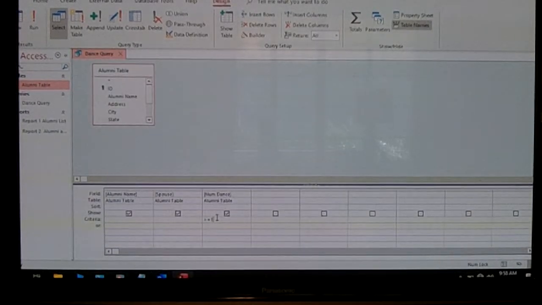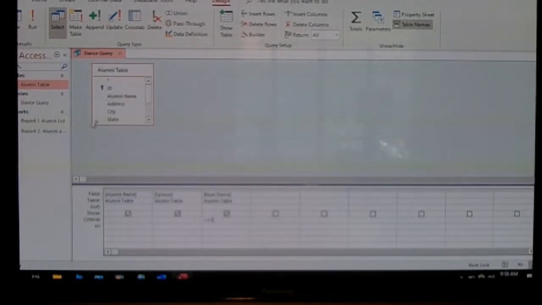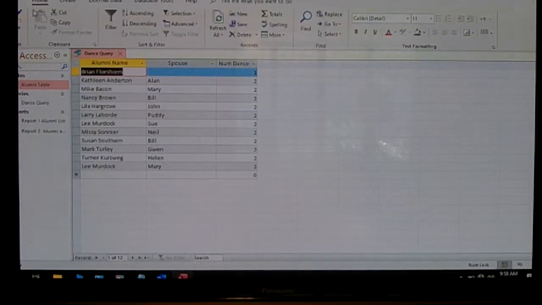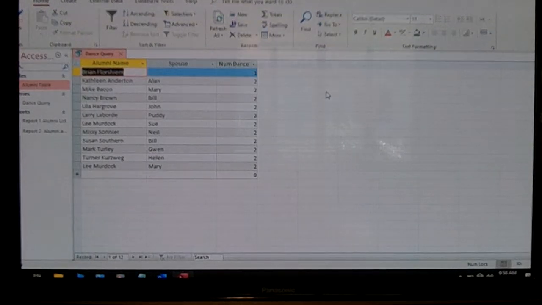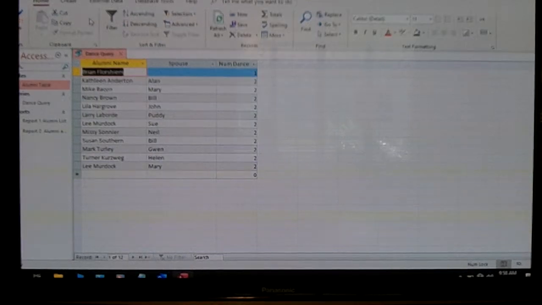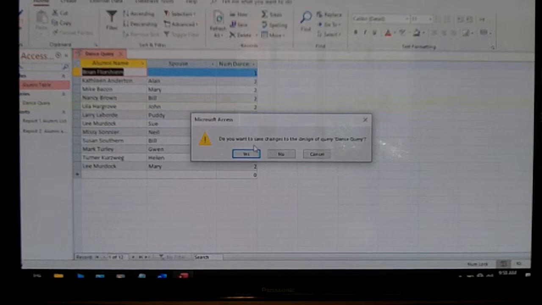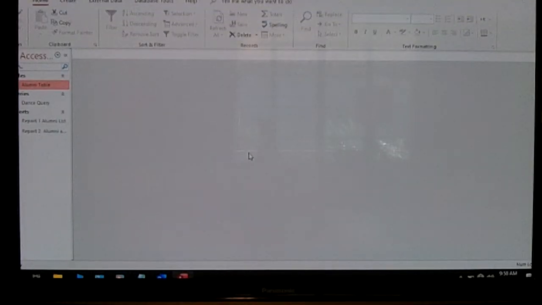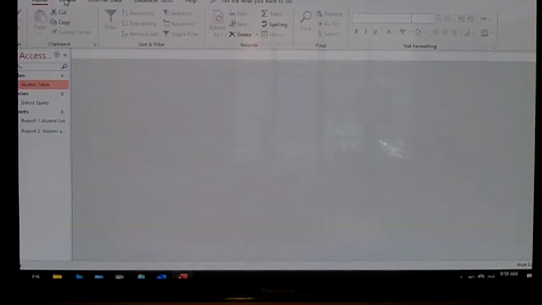So I move up here, I hit run, and it produces just a list of those who are coming to the dance. Then I can save that. Save changes, yes. So then, and I want to do my report, I go back out to Create,